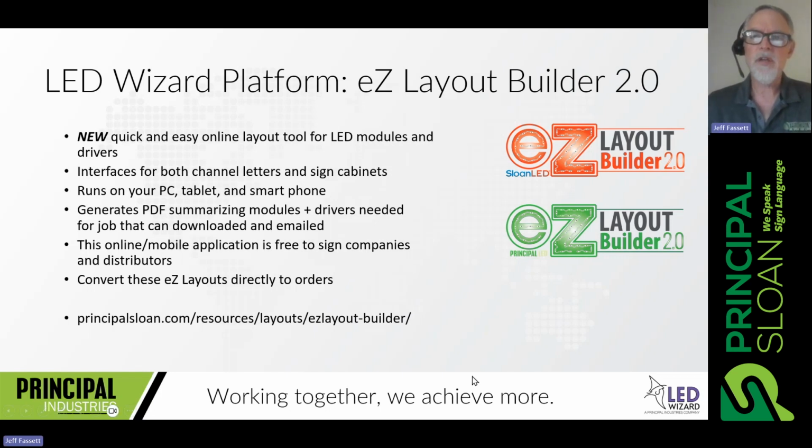I mentioned here that we have one on the Principal Sloan site. We do have one dedicated on the Sloan LED website, which is really more for international jobs and international folks needing to do layouts, using metric units, for example. And so that's on the sloanled.com site. But I'm going to go ahead and go to